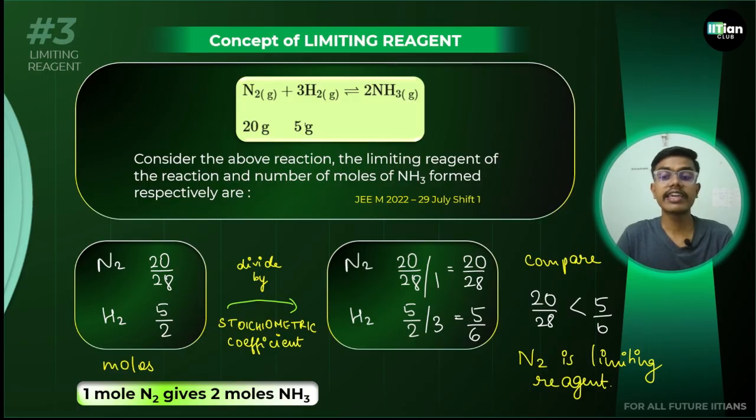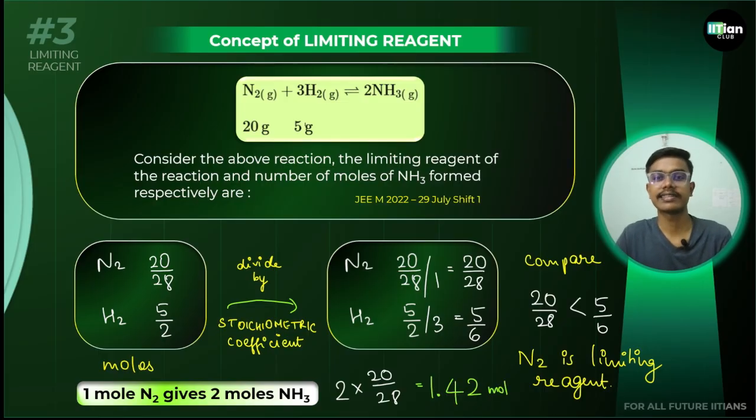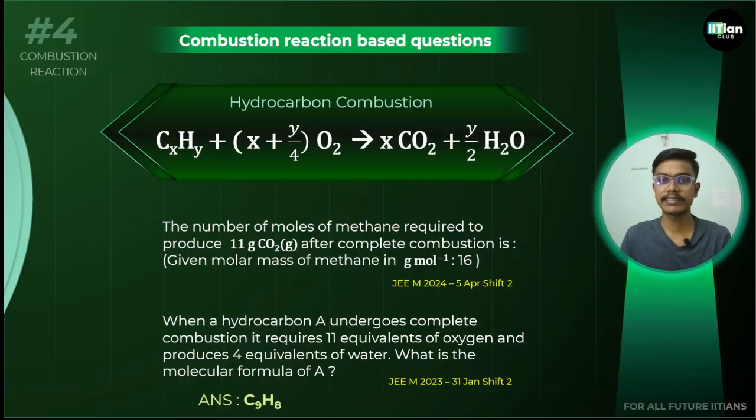So we can say that 20/28 is the moles of nitrogen that is given. So twice that will be the moles of NH3, that is 2 into 20 divided by 28, which is 1.42 moles of NH3. That is the answer. The next one is combustion reaction based questions, and this is very common nowadays,